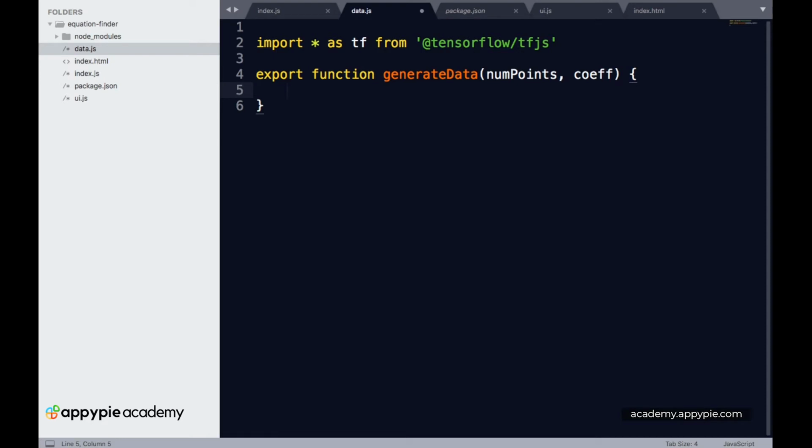Now let's return a tf.tidy function. tf.tidy takes in an arrow function, so inside this, let's type an arrow function.